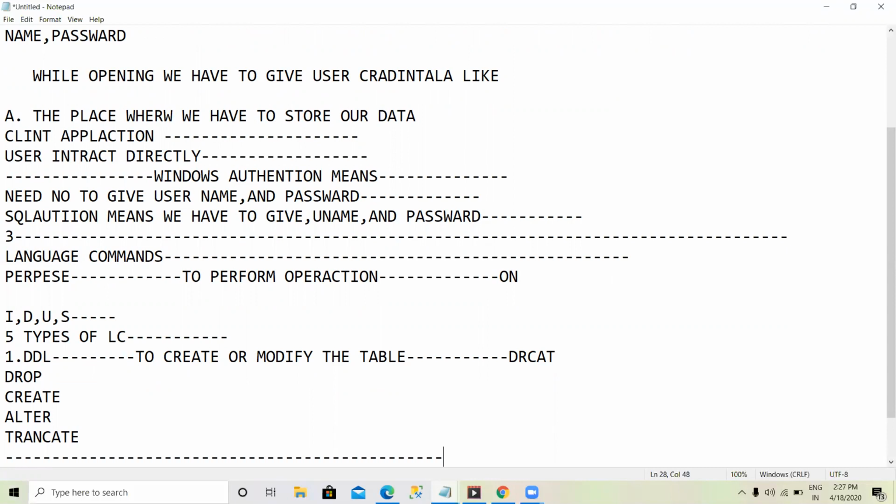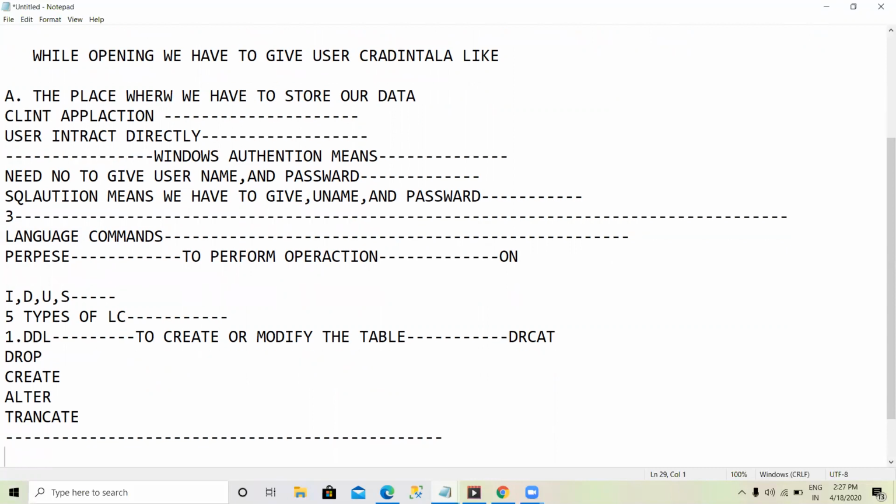Let us move to the second one, data manipulation language, DML. While you have to perform operations on the table data, we go for data manipulation language.